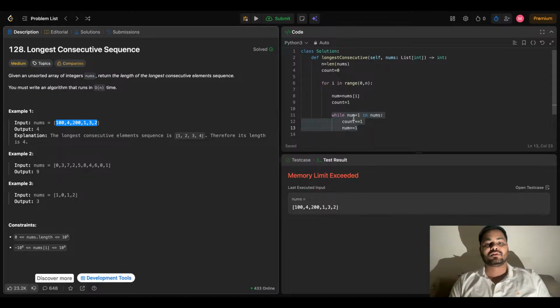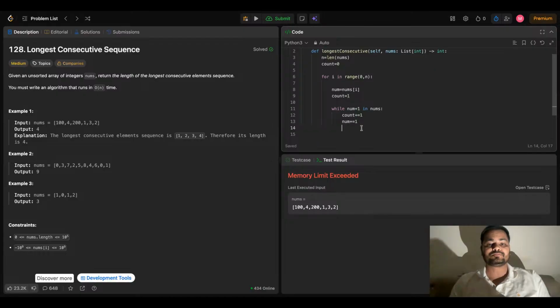And what it will try to find with the while loop, it will try to find 101. I want to find out 101, right? Then only I will find a sequence. As of now my sequence has only one element. If this num plus 1 is found in nums, then my sequence will get increased by 1, so my sequence value will be 2. And if it is not found,